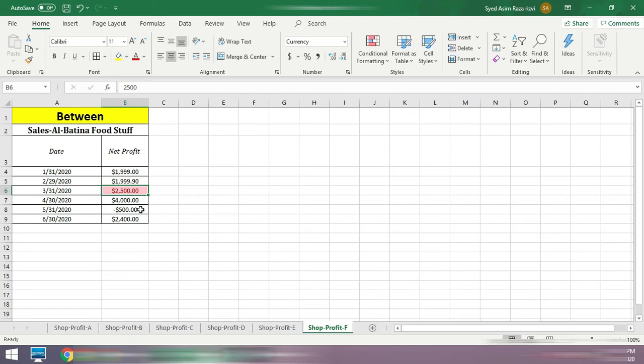So 2500 and 3000. Let's change this value to 3000, enter, and it's being colored. Change this value to 2100, nothing's happening. 2501, of course, and 2499, no change. And if we change this one to 3001,